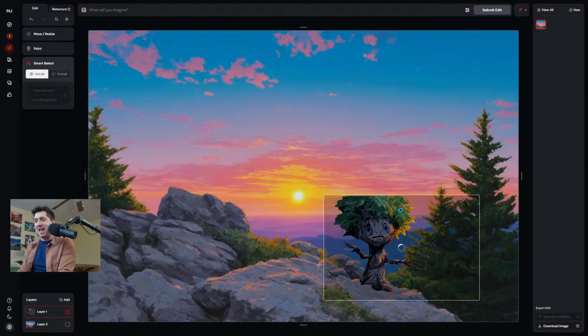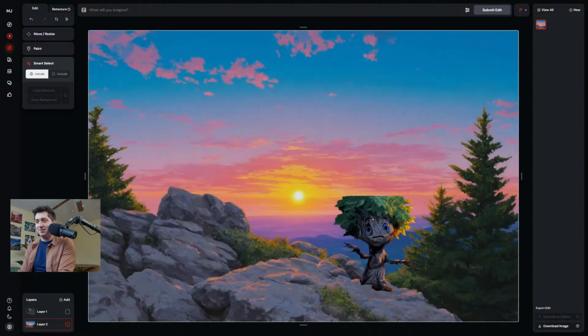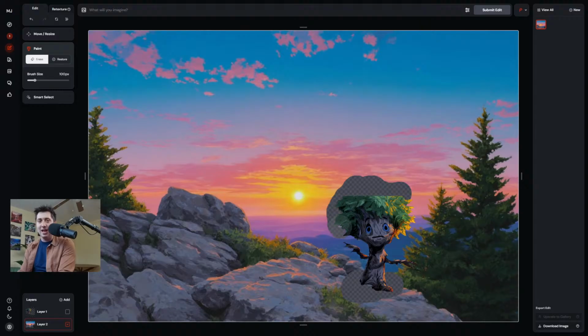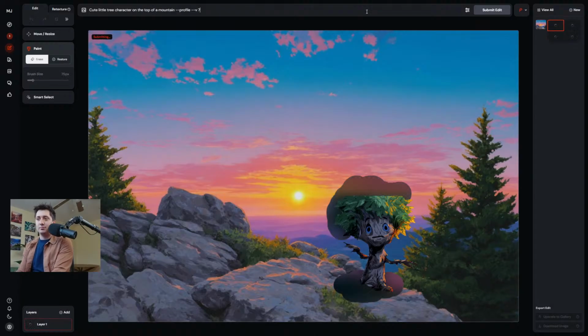And so we imagined him here. But this isn't actually ideal, because once you're done, I need to erase around this whole area to make this happen, right? This is what he looks like, and this needs to add to my tree. And this is the worst case scenario for Midjourney to do a good job at putting him in here, and you can say, hey, cute little tree character on the top of a mountain. And it's kind of a pain,